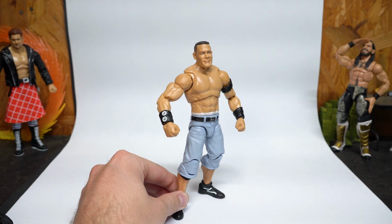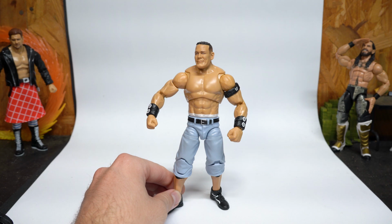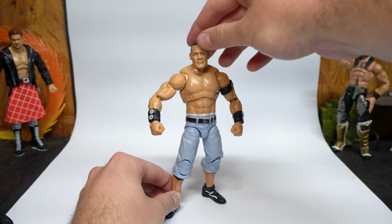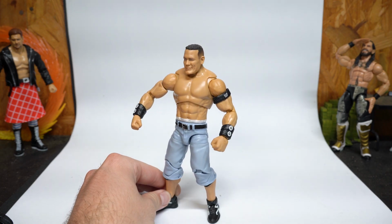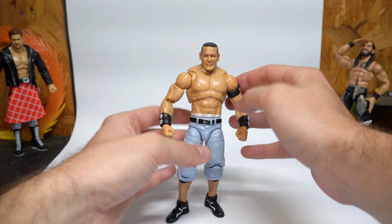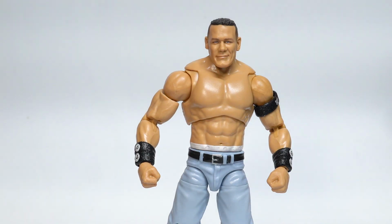Now, at some angles, I feel like maybe I needed an even bigger upper chest for John Cena, because now this head looks a little big. So just sometimes with photos, it looks big, but I feel like in video, it's looked pretty good to me. Of course, this is one of the Ultimate Edition heads, but that's the new formula, or the formula I prefer